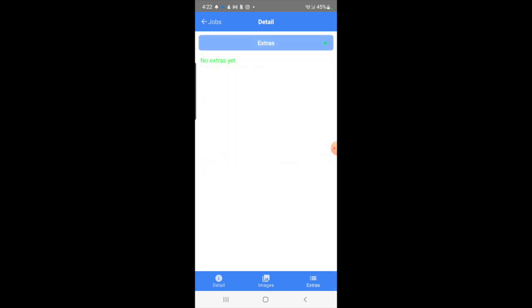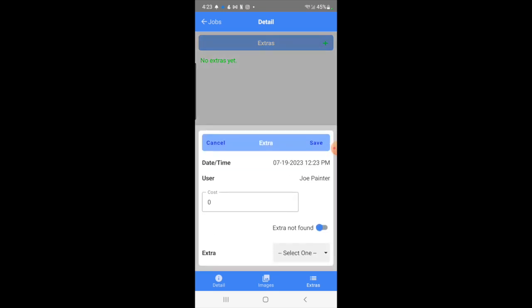Extras is another tab in the lower right-hand corner that allows you to put in extra service items that might need to be associated with this job. You could think of like a primer, or something was exceptionally dirty and you needed to put some extra time on it. You can put a new extra by clicking the plus button, and then you have a dialog